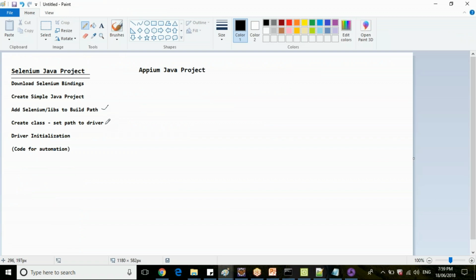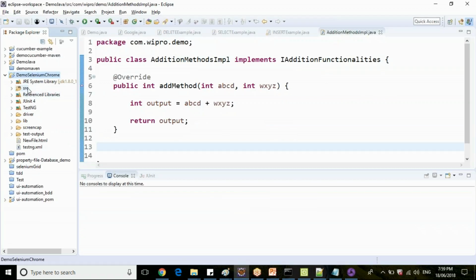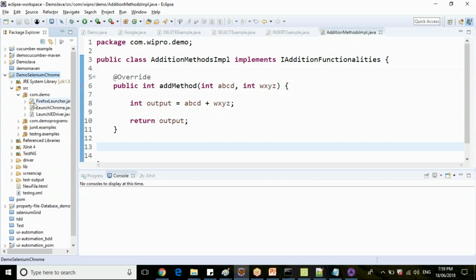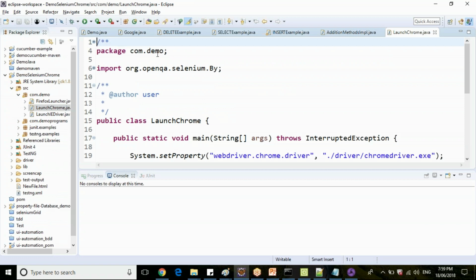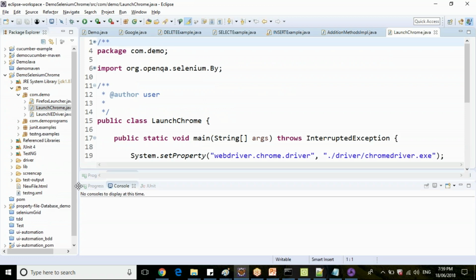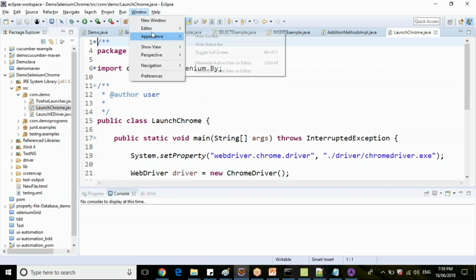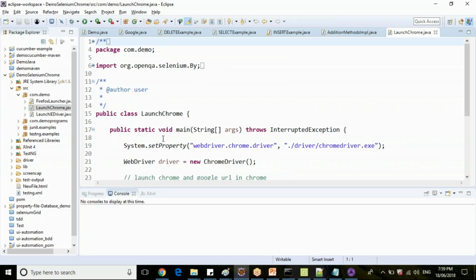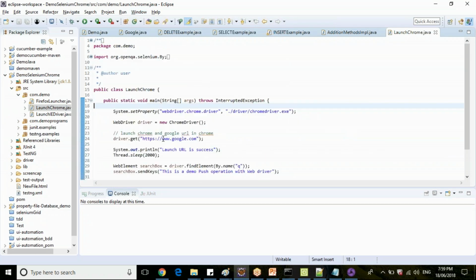Now you are creating a simple Java class. Go to the demo program. You have created a simple Java class. Let me reduce some text size. This is a simple main method.